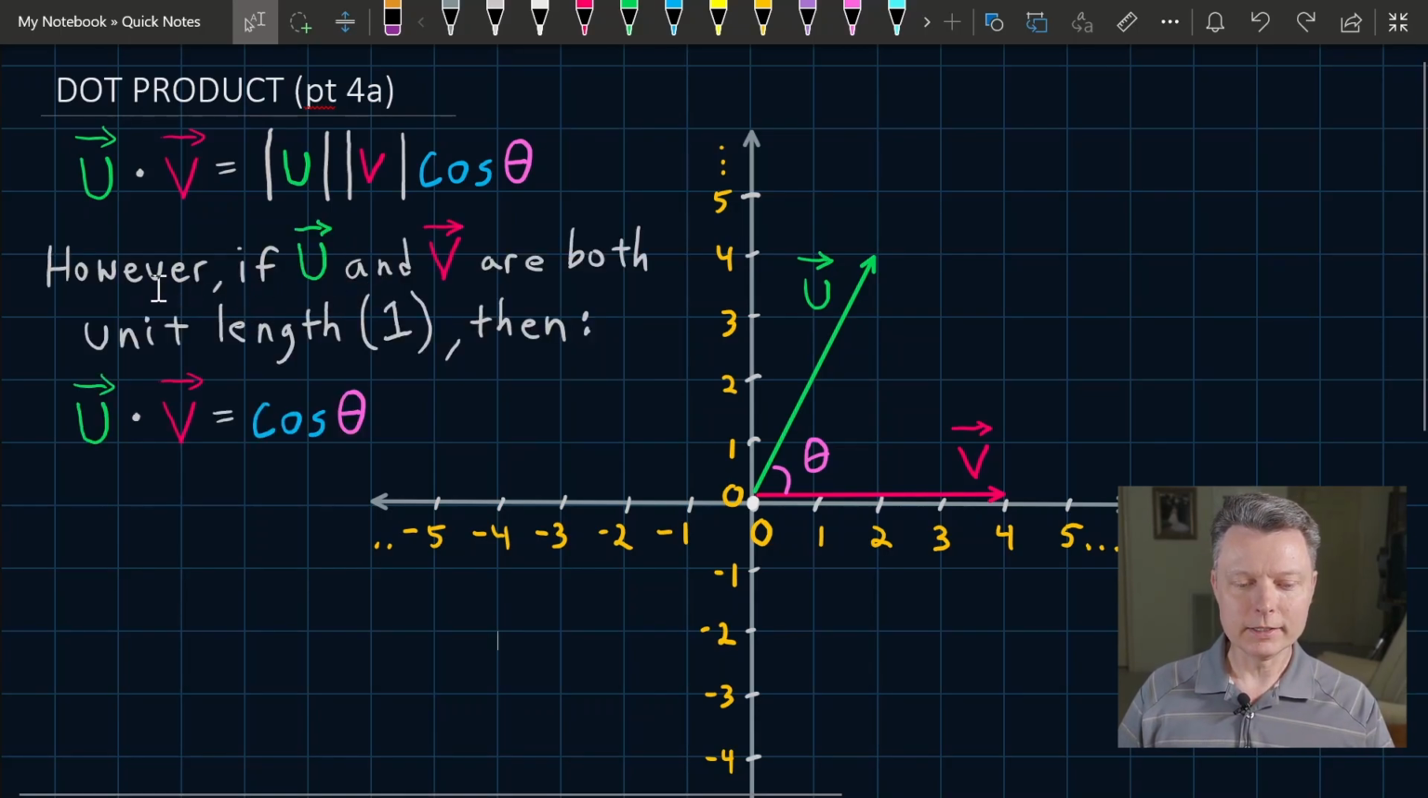And this states that if vector u and vector v are both unit length, so they're normalized vectors, then this equation becomes even simpler. Remember that these double bars mean the length of a vector. So the length of u times the length of v. Well, if the length of u is 1 and we normalized it, and the length of v is also 1 because we normalized it as well, then these both become 1s. And so it's 1 times